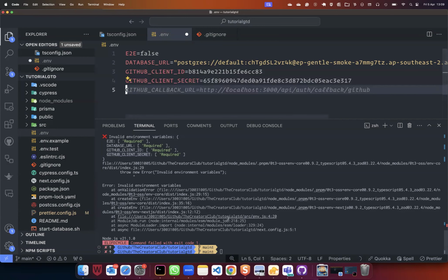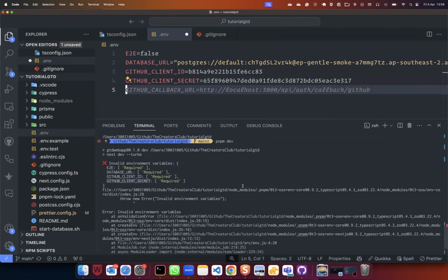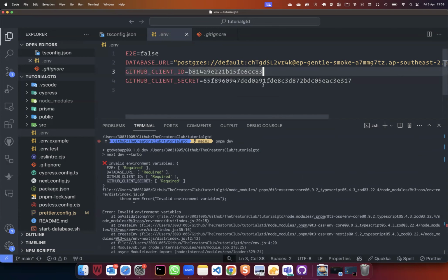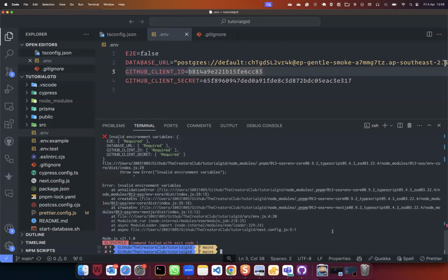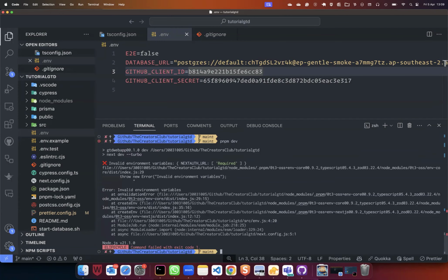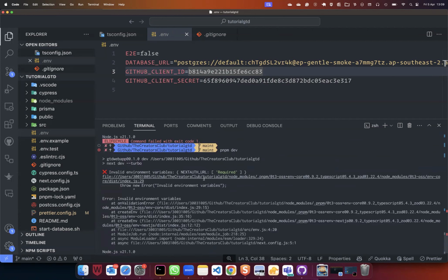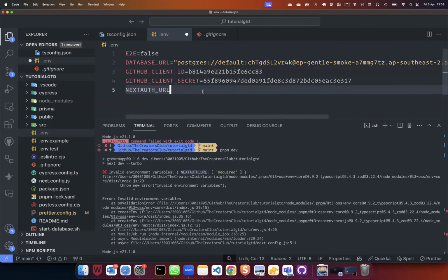So we've just set up a couple of things. We still will need one more thing to set up, but let's just say save. So I have my client ID, my client secret, and let's try to run pnpm dev. And it still tells me that there is something missing, and that is this last thing called NEXTAUTH_URL, which is a URL that NextAuth is using to access things, right? It's an important thing to set up. Let's just put NEXTAUTH_URL, and the NEXTAUTH_URL is http://localhost:3000. Okay,